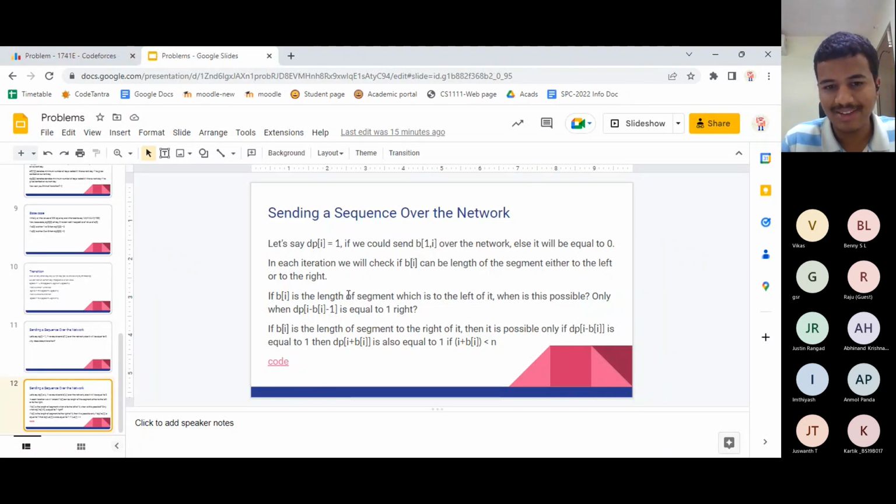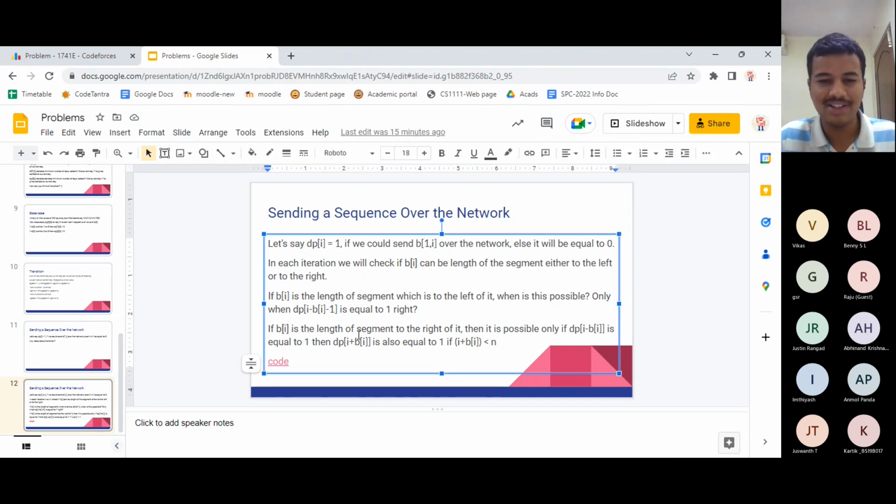What I'm checking is if it is possible to be the length of the segment which is to the left of it, then if we move b of I steps to the left, it must be possible that the value at that position should be the length of the segment which is to the left of it. Then only it's possible. And if it is the length of the segment which is to the right of it,